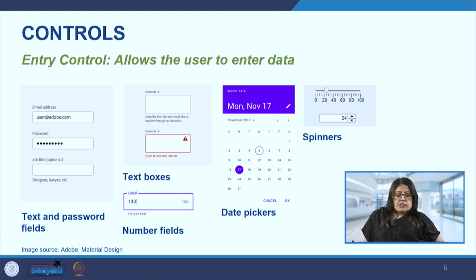And then we have spin boxes. This allows the users to enter a numerical value by typing or using the arrows to increase or decrease the numbers. Then we also have the file upload fields and the color picker. Here also the user is allowed to select a file and share it, and also to select the color, like we have, for example, in Word, wherein we can change the text color as per our requirement. Like here we can see that the subheading is in dark green color, so that has been selected and the color of the text has been modified.